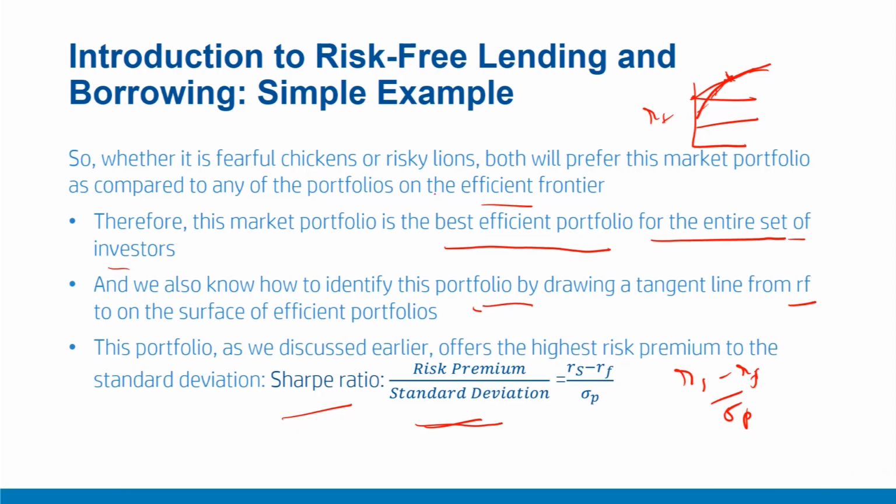To summarize, with these numericals, we saw whether an individual is a risk preferring person or less risk preferring person, one particular portfolio, which is the market portfolio or tangency portfolio, is the most preferred for all of us. And therefore, a combination of this market portfolio with that risk-free instrument provides us with our required portfolio with the best combinations of risk return. The slope of this portfolio, the risk premium per unit of risk, is best across all the set of portfolios available to us on the efficient frontier. And therefore, this market portfolio or optimum portfolio helps us solve the portfolio problem.